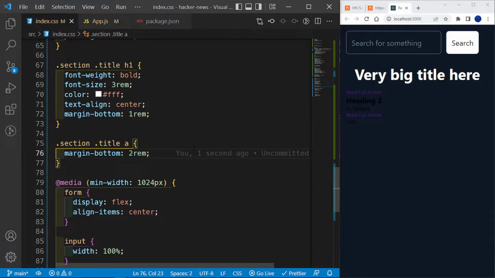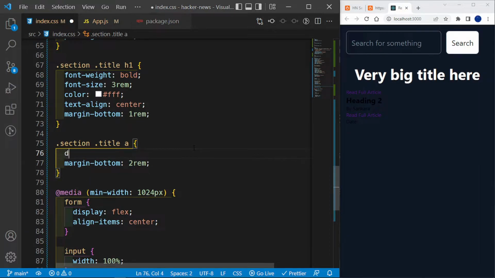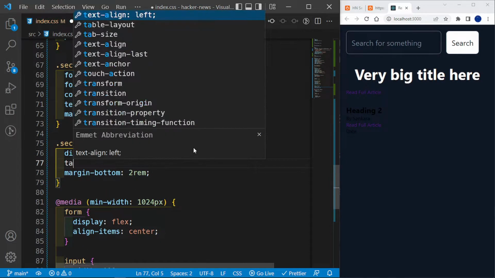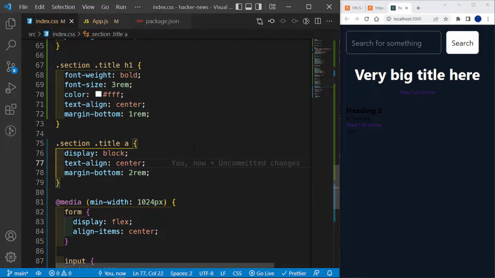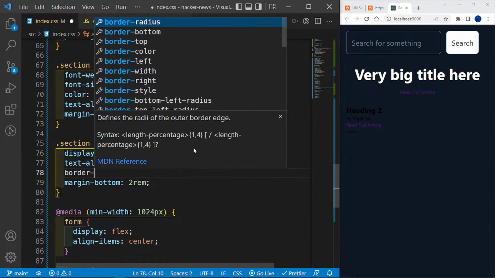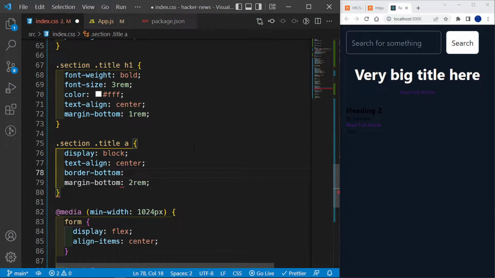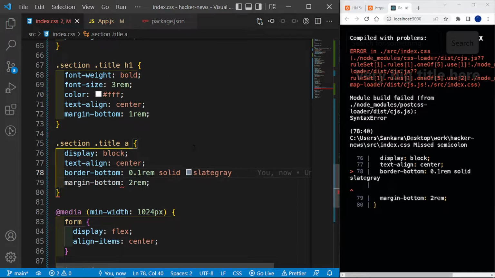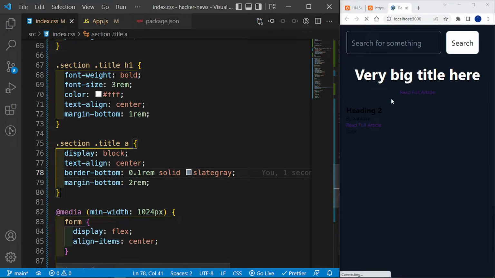Look at that, and nothing happens because I want this to be a block element, so display block. Okay, and then I can say text align center. So let me place it right here, text align center. Okay, fantastic. I want this to have a border bottom of 0.1 rem, solid, and let's say slate gray. Okay, there we go. And of course this doesn't go to the center because it's displayed block here, so